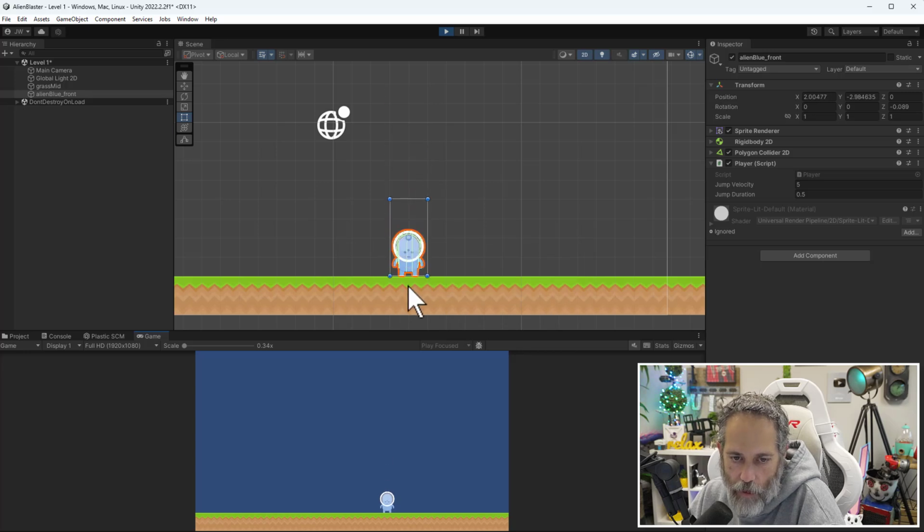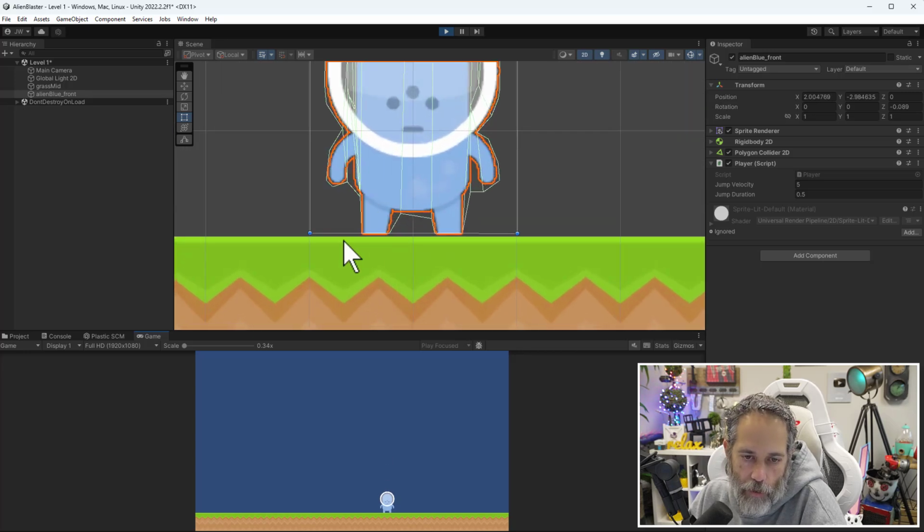So he falls down and he kind of lands there, and I've got him right above the actual ground. And I need to determine how to tell if he's on the ground, or I need to find a way to tell if he's on the ground. And there are a few different options for this. The way that works the best, though, the thing that I've found to be the most useful, is to do